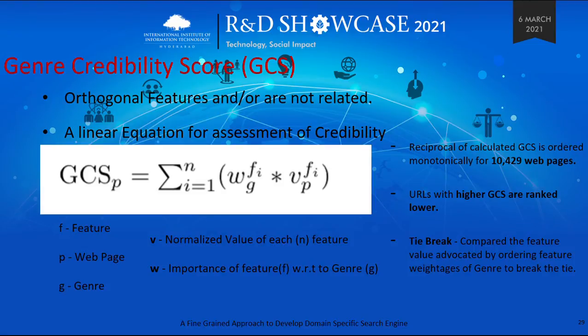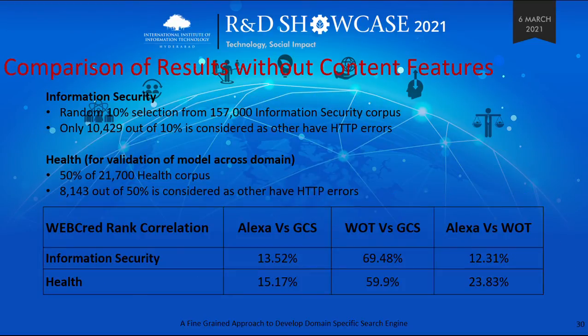We proposed a metric or measure to calculate these independent variables for a genre credibility score of the web page. What we did is when we compared this with a page ranking algorithm like Alexa and our credibility score, you could see a web of trust kind of, which is more of an individual or crowd-based assessment of a web page. We correlated more with web of trust kind of a scenario rather than a page ranking algorithm. This kind of establishes that our approach is kind of closer to the way that an individual would like to validate a web page credibility.